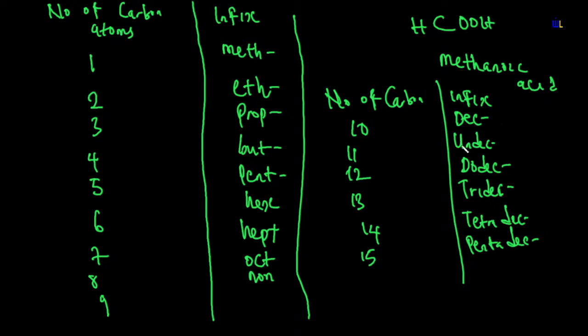So the point is, undeca means 1 and 10, dodeca means 2 and 10, trideca means 3 and 10 basically. So 16 is going to be hexadeca, 17 should be heptadeca, 18 is going to be octadeca,